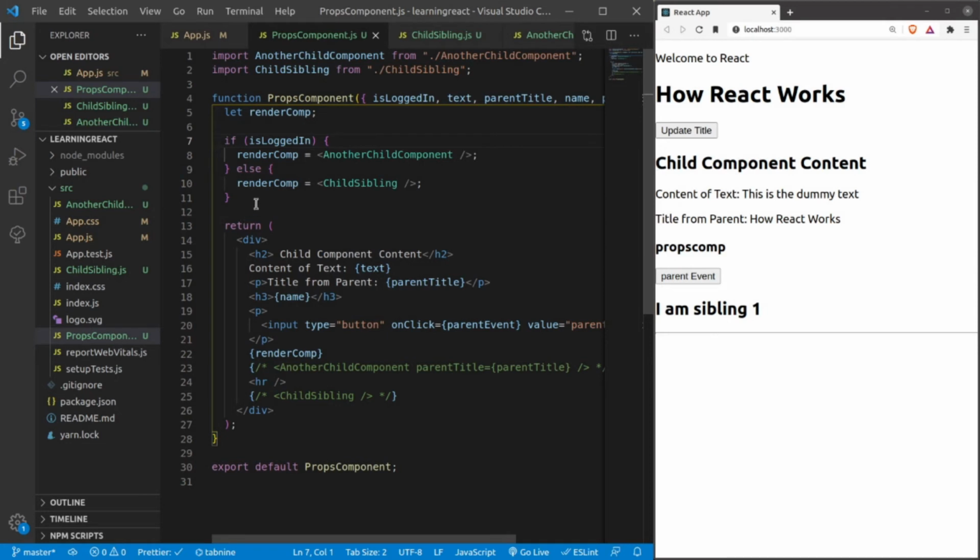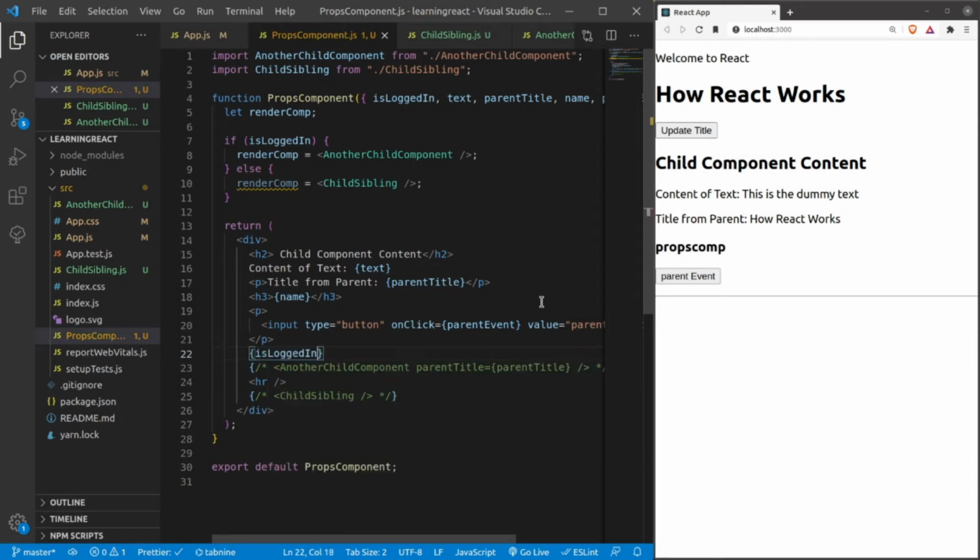So now let's move to the other point. This is the basic rendering mechanism. There is another thing we can apply in our JSX. So this is JSX. Let's say I want to do the same thing, but I don't want to have it over there. Then what I can do is, if I am having a single condition only, there is no else block, then there is a situation where what I can do is, I can say if